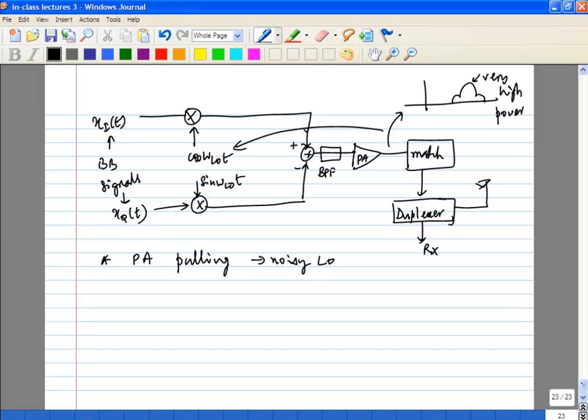So what can you do to improve this? The easiest way to improve this is to offset the frequencies of the VCO and the PA, because it so happens that the closer they get, the stronger the coupling, and that kind of makes sense. So you're going to offset the frequencies. How do you do it? One way to do it is,